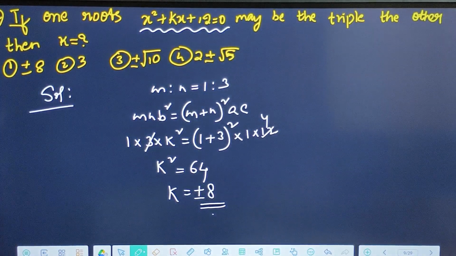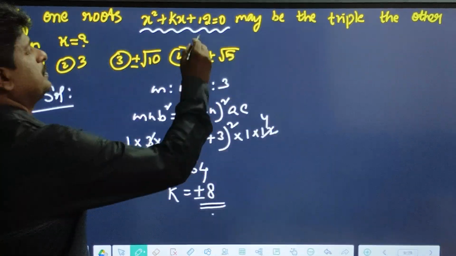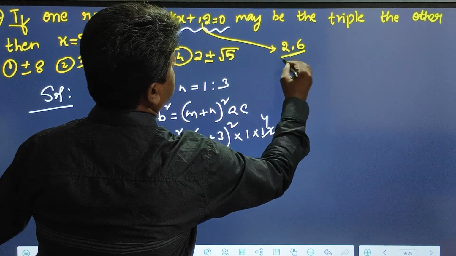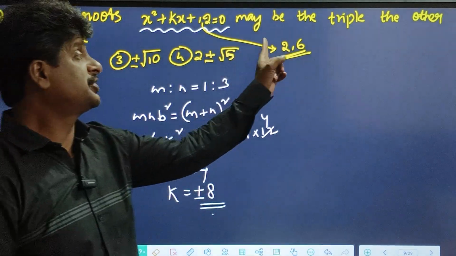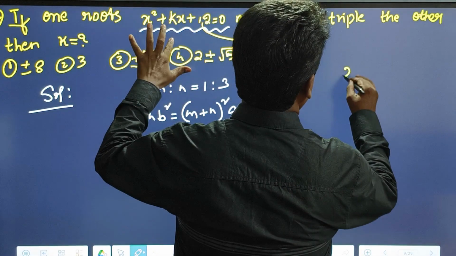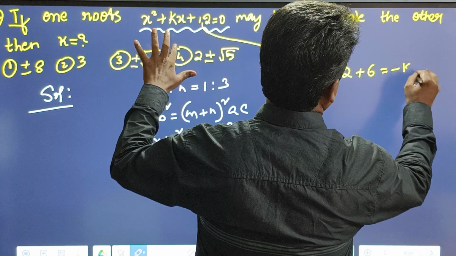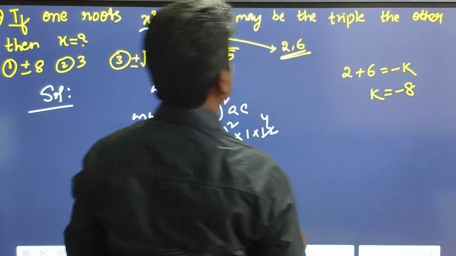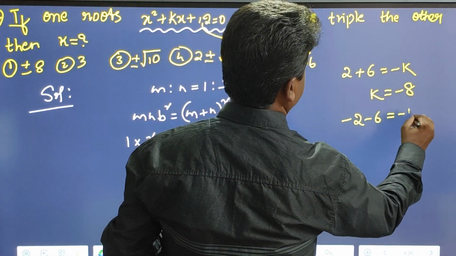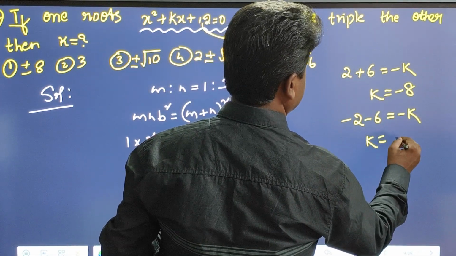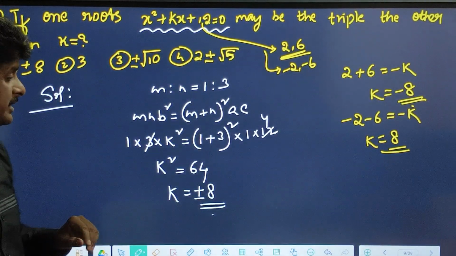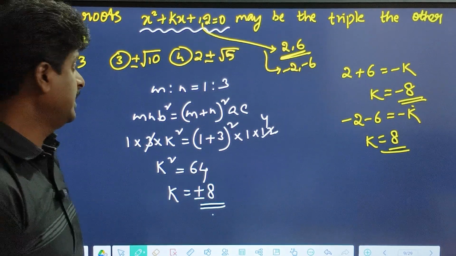Okay, or else you do observe that the product of the roots is 12. Roots can be taken as 2 comma 6 because one is triple the other. Whenever roots are 2 comma 6, 2 plus 6 will be minus b by a. K is equal to minus 8. Roots may be minus 2 comma minus 6 also. Minus 2 minus 6 is minus k, sum of the roots. K is equal to 8 also. So k is equal to either plus 8 or minus 8, or else remember this formula. Okay, next,